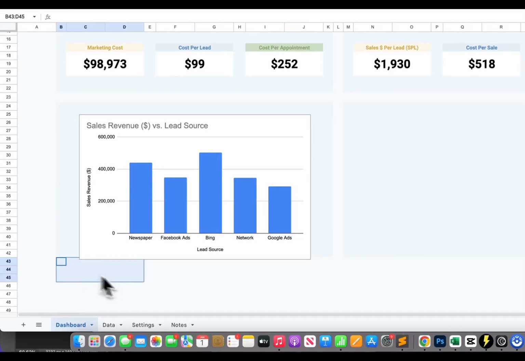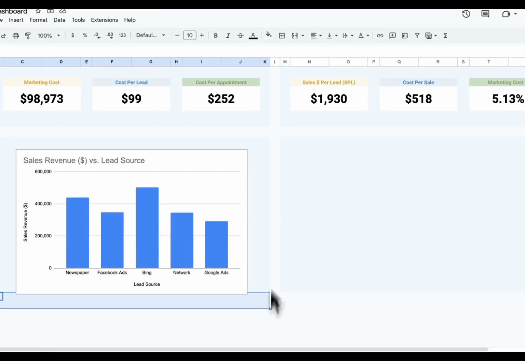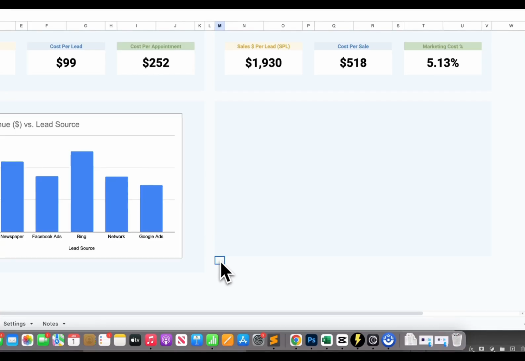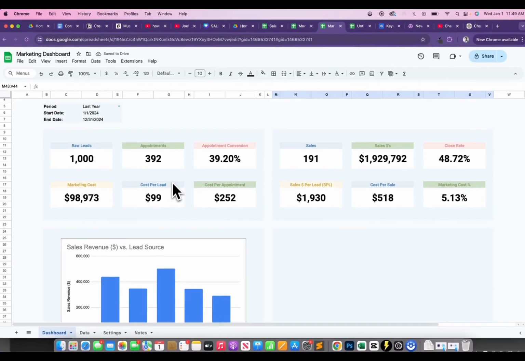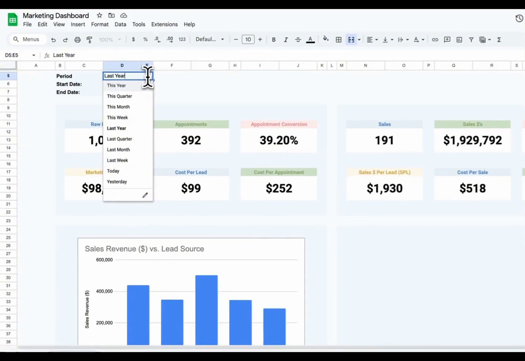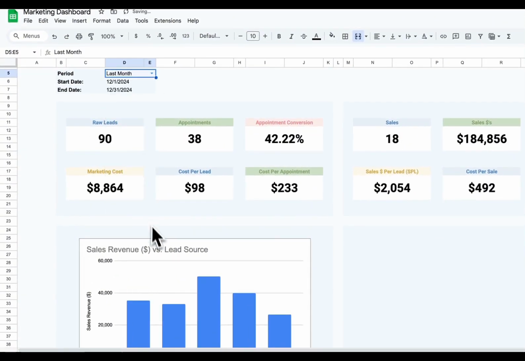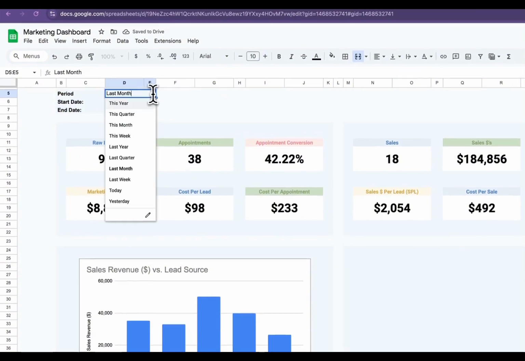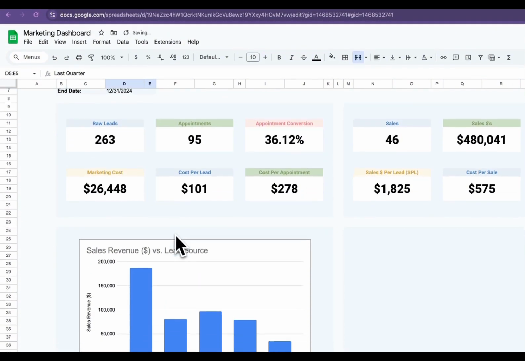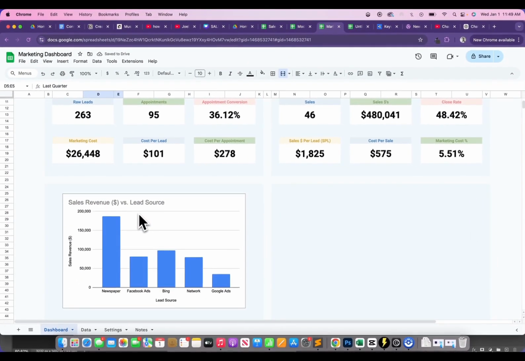And we need some extra space here, so we're going to add a few rows of our blue. We'll do that on the other side as well. And let's come up to our date selector and let's change this to last month, and you'll see that it dynamically changed here. Let's go to last quarter, and you'll see that it changes as well. So now we have a graph for our sales revenue by lead source that is dynamic, just like the rest